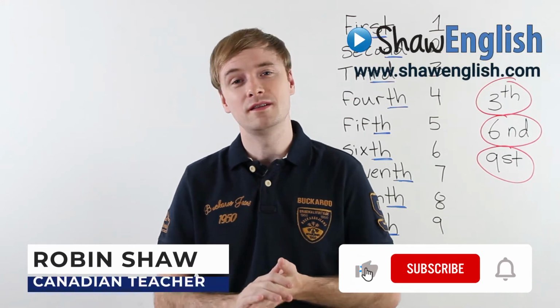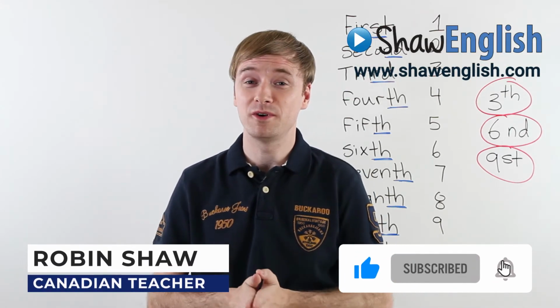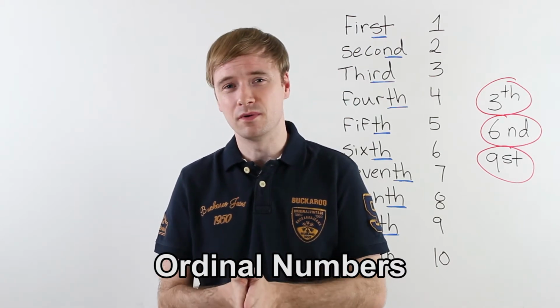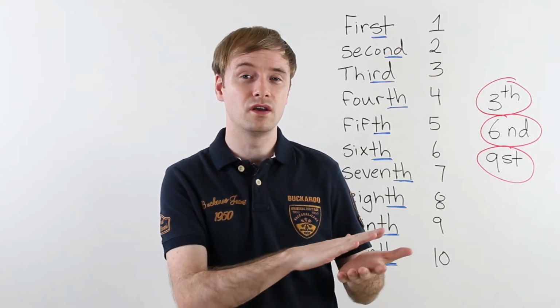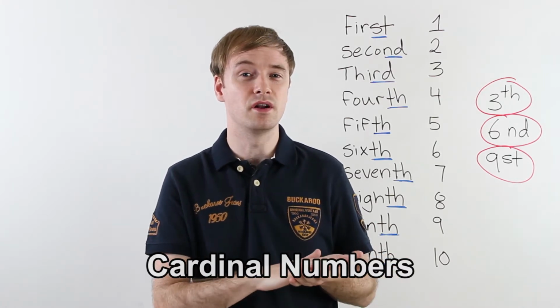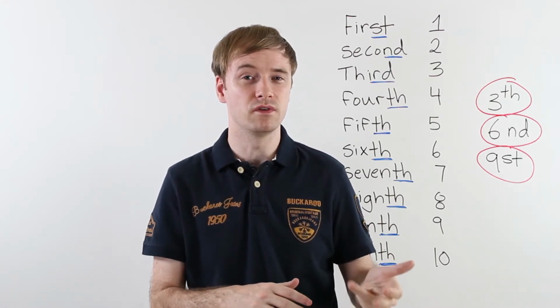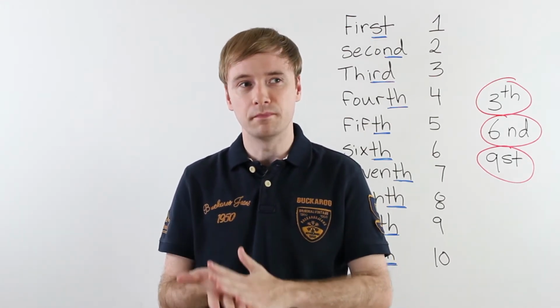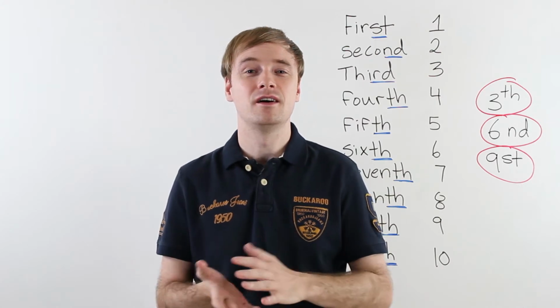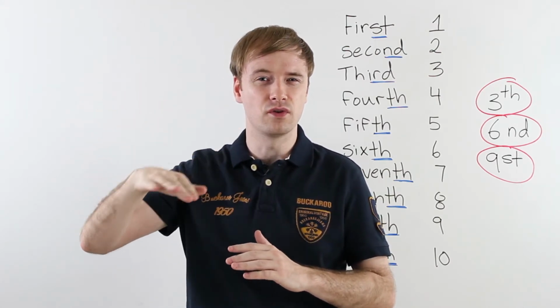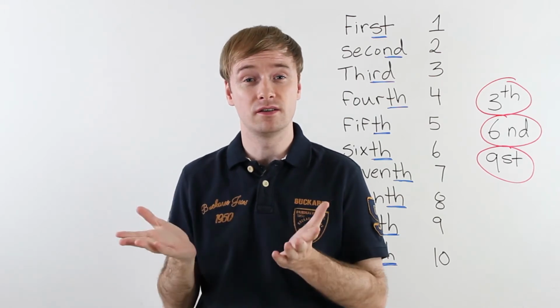Hello everyone. In this video, we are going to talk about ordinal numbers. Now, ordinal numbers are different than cardinal numbers. Of course, cardinal numbers are numbers like 1, 2, 3, 4, 5. Ordinal numbers are different. Ordinal numbers are used for expressing things like rank, first, second, third place in a contest,